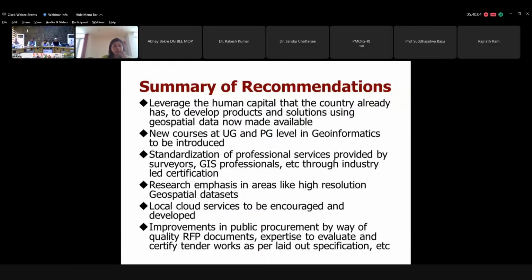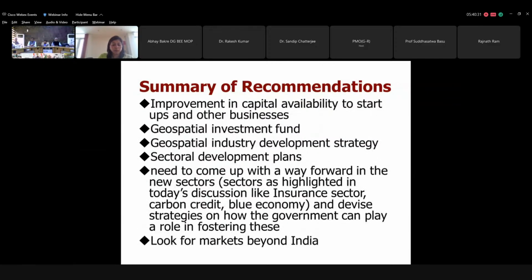Also, standardization of the professional services provided by surveyors and GIS professionals through industry-led certification is something recommended by all the groups. So overall, the recommendations for this sector include improvement in capital availability to startups and other businesses, a geospatial investment fund created exclusively for startups, a geospatial industry development strategy, and sectoral development plans, with a way forward in new sectors such as the insurance sector, carbon credits, and blue economy, and strategies on how the government can play a very